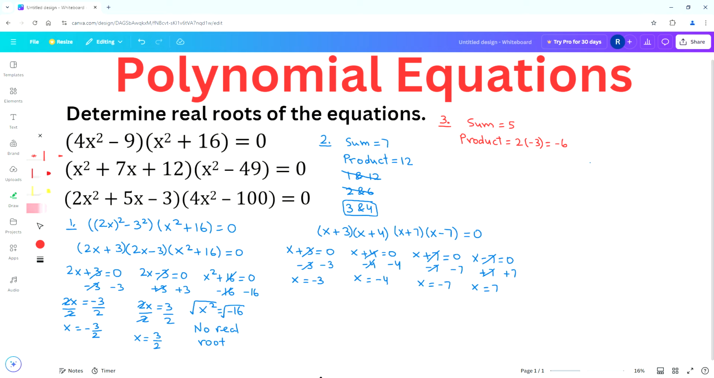We can find the two numbers by analyzing the product number, negative 6. We have to think of two numbers that multiply to negative 6. The first pair of numbers can be negative 1 and 6. Negative 1 plus 6 is equal to 5. That means the numbers we are looking for are negative 1 and 6. We can use these two numbers to break up the middle term 5x. So we get